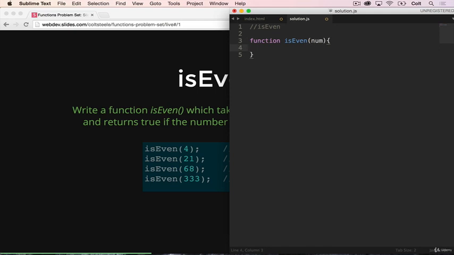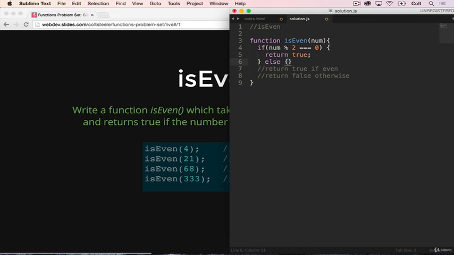And then we want to return true if even, return false otherwise. So there's a few ways of doing this. The first one is to do it as explicitly as possible. So we're going to say if num mod 2 is 0. Remember, that's how we tell if something is even. If the remainder of dividing 2 into that number is 0, if there is no remainder, that means that it's even. So if that's the case, we can return true,